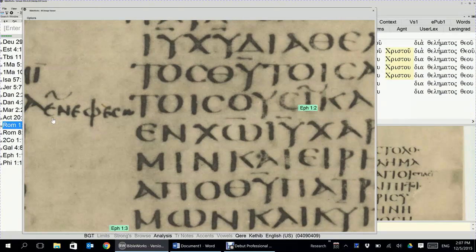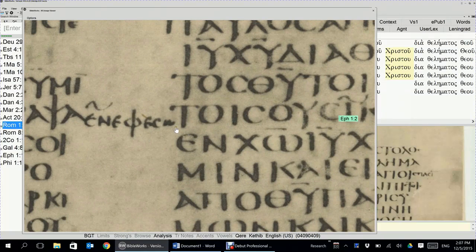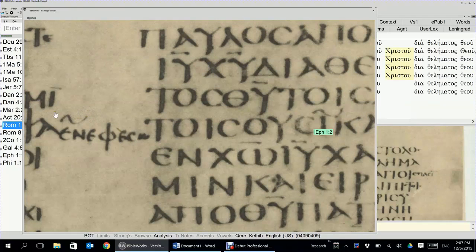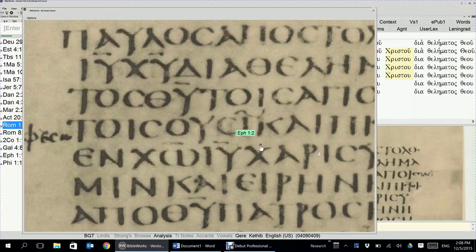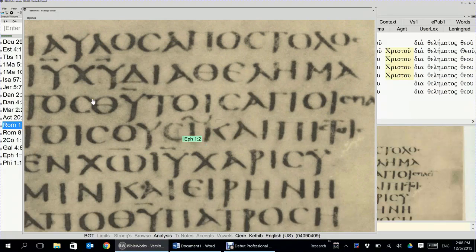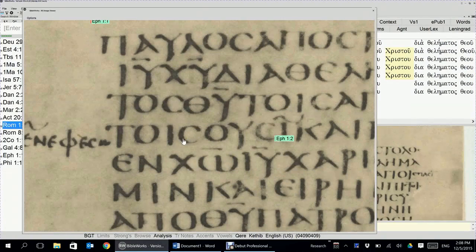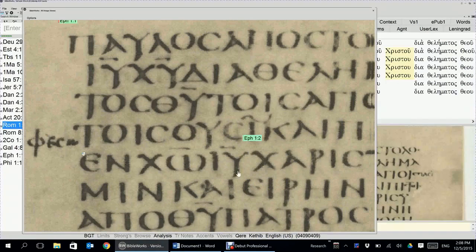And you can see out here, in Epheso, that's an omega. So the second hand of Sinaiticus, or the corrector, has added this out in the margin. Oh, that's right. I just now remember, because here's the same line, and that is showing that in Epheso goes right here. It should be inserted into the text right here. So it should read Thelematos theou tois hagios pasin tois usin en Epheso kai